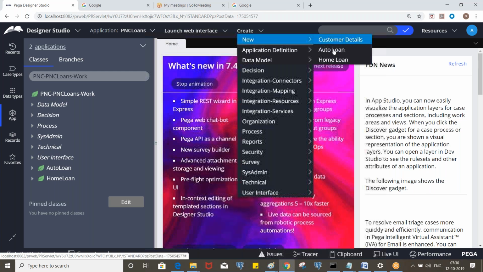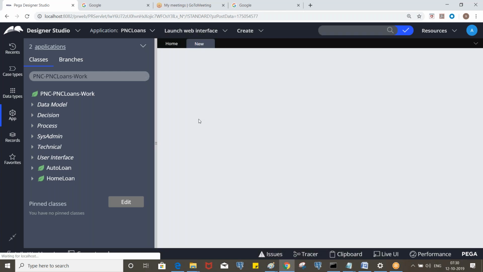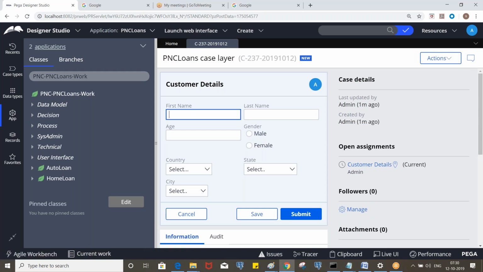Every time you create a work item, it is referred from these classes, right? This belongs to the work class. When you execute an auto loan item, that belongs to the auto loan class. These are internal classes, whose corresponding tables store work items.